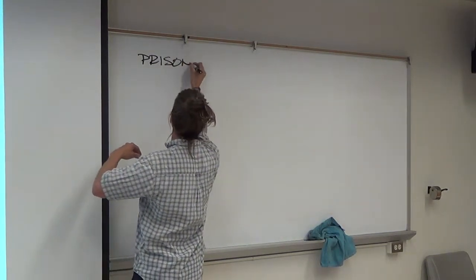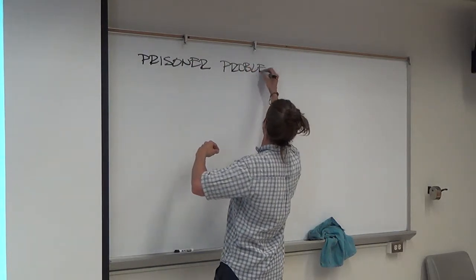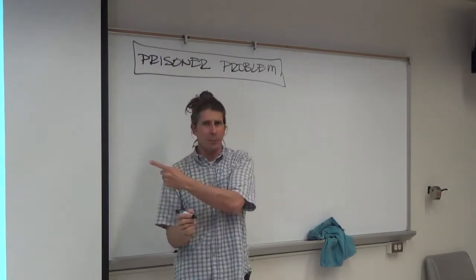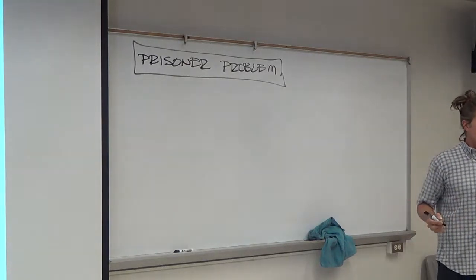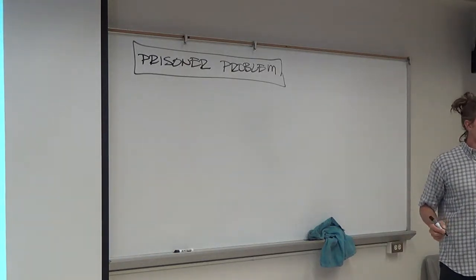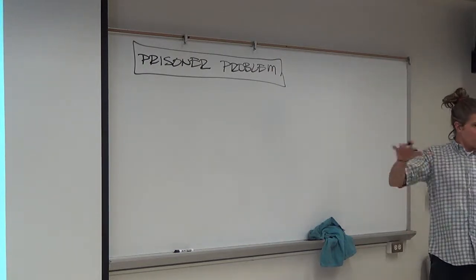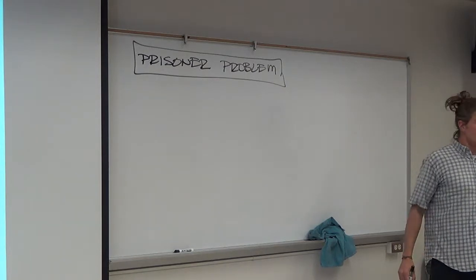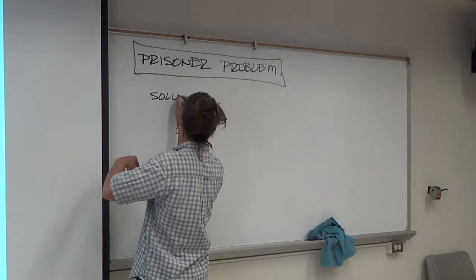So, prisoner problem. So we've got some solutions. Are there any questions about how the problem's laid out before we start trying out some of your ideas? Anything not make sense about it, or is it fairly straightforward? I mean, other than the fact you have to die or live, it's kind of morbid. But as far as what you have to do, what the emperor is going to do, what you're going to do. Okay. So solution number one